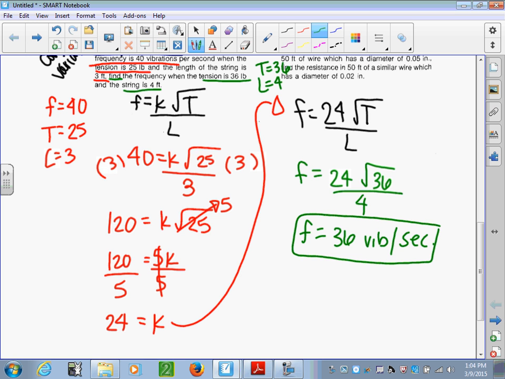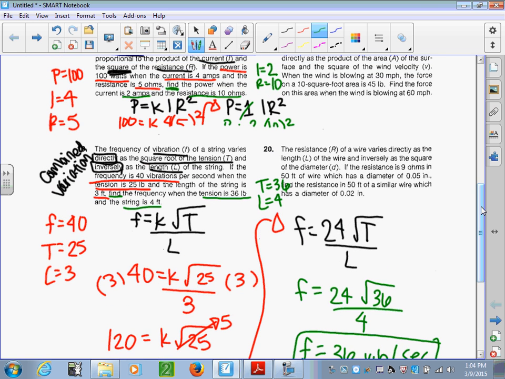On your homework, an example of a combined variation is number 20. So number 20 is combined. Just a little hint on your homework. If you need to go back and look at any of those anymore, go ahead and do that. Pause the video, rewind, whatever you need to do. And make sure for my class you bring me all the evens for